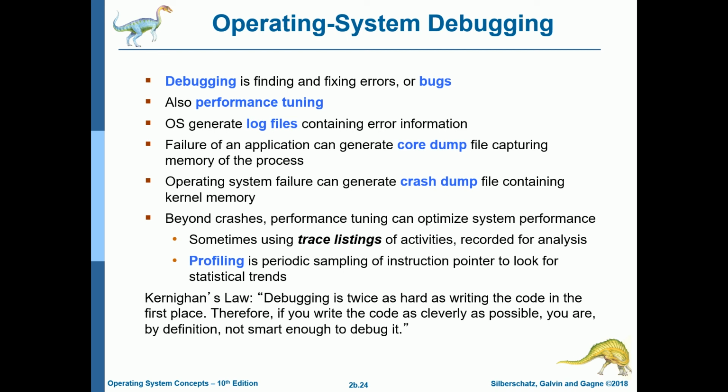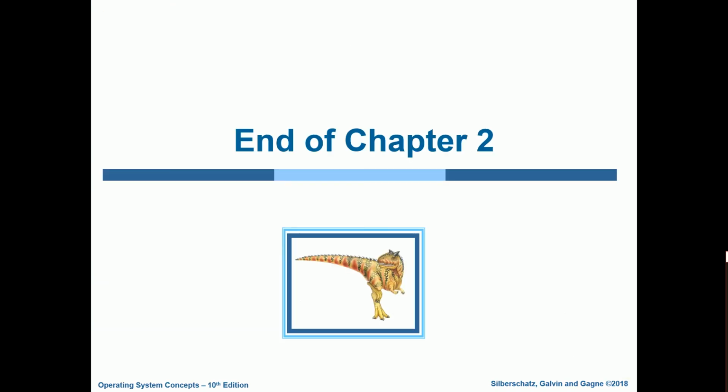One famous quote is called Kernighan's Law, which states, "Debugging is twice as hard as writing the code in the first place. Therefore, if you write the code as cleverly as possible, you are, by definition, not smart enough to debug it." Now, this chapter has focused on the requirements of creating an operating system, the designs of